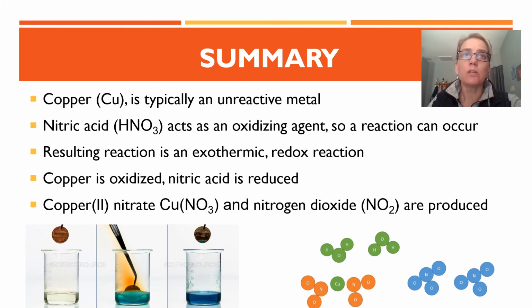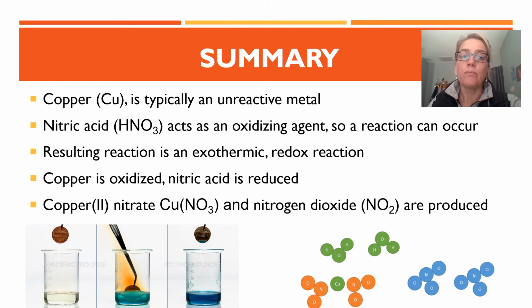In summary, for this reaction to occur, 4 moles of nitric acid are required for every 1 mole of copper that is utilized. This will result in 1 mole of copper nitrate, 2 moles of nitrogen dioxide, and 2 moles of water. Copper is typically an unreactive metal that does not react with acids. However, it does react with nitric acid, even in its diluted form. This occurs since nitric acid acts as an oxidizing agent, allowing copper to replace the hydrogen. Although hydrogen usually acts as an oxidizing agent, in this reaction it is the nitrogen that allows for the replacement